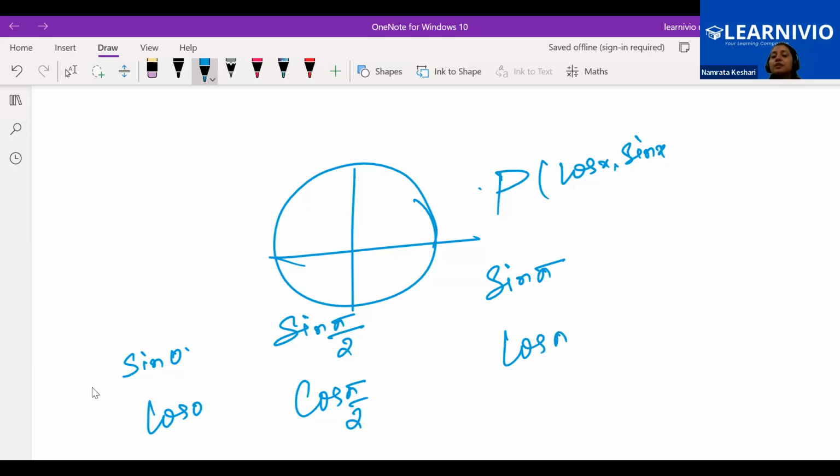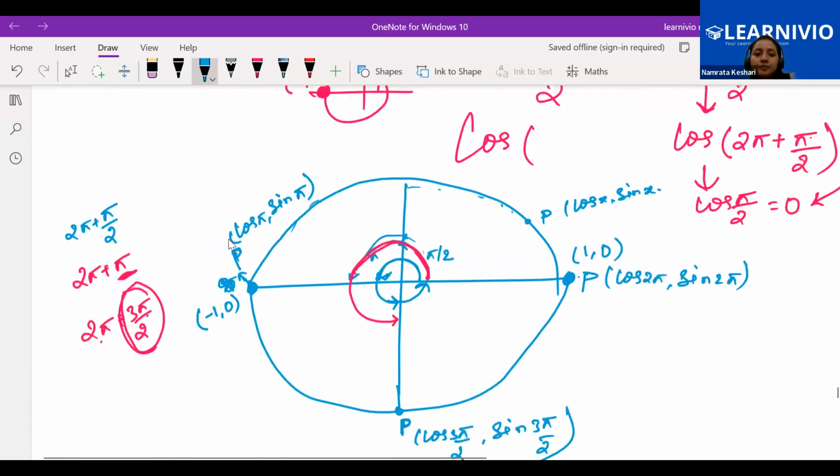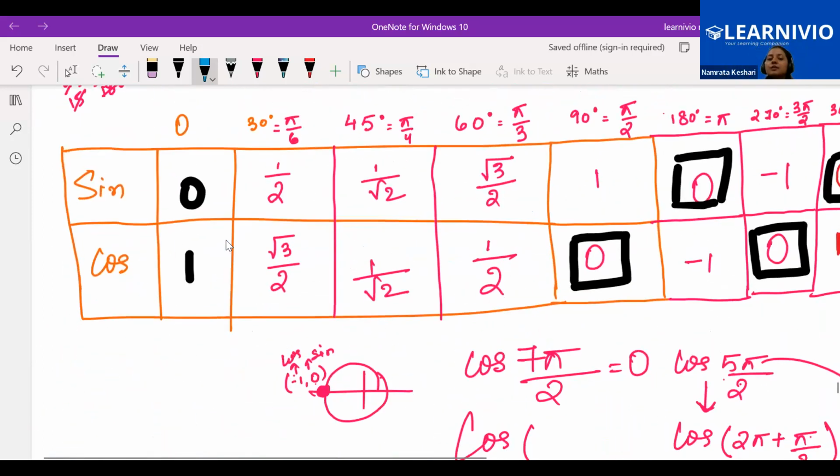Now sin pi and cos pi, that we didn't know. From here we found the value of this. And similarly sin 3 pi by 2, cos 3 pi by 2, and also sin 2 pi, cos 2 pi. We found it from here and hence we got a table. After getting a table, we are observing how to convert between degrees and radians. That is the previous thing that we